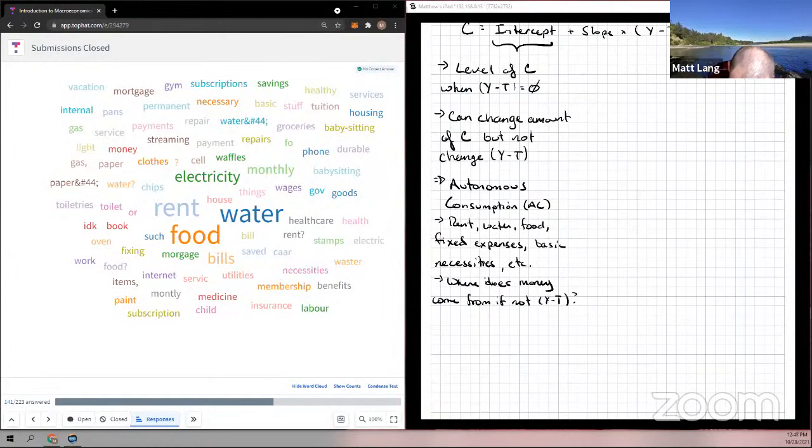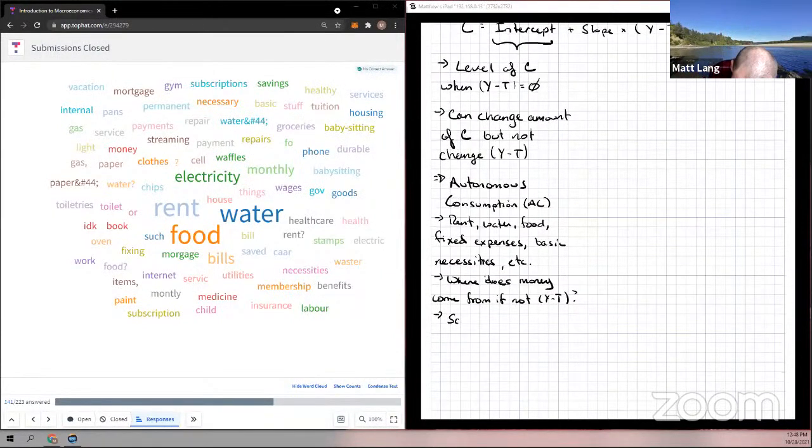This is a really interesting variable and something we really want to hang on to. The power of what's going into this autonomous consumption, or AC term, this intercept, is that it's going to come from past savings, maybe loans, maybe friends, maybe family,